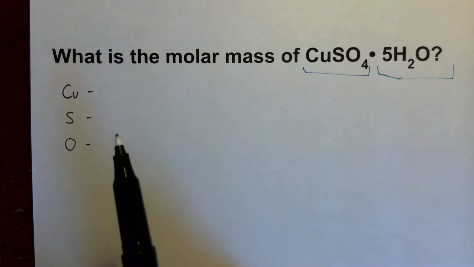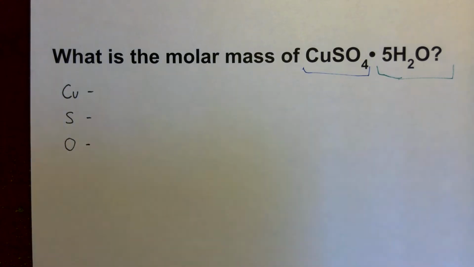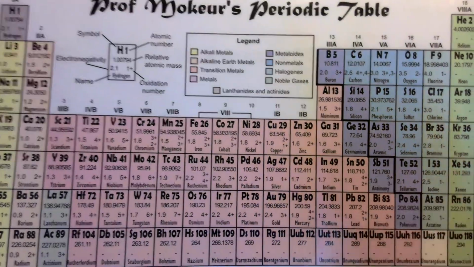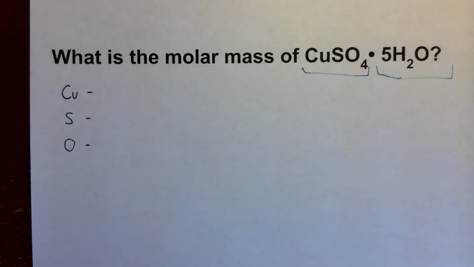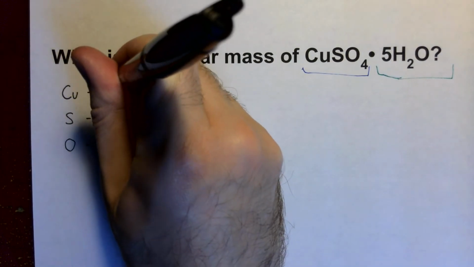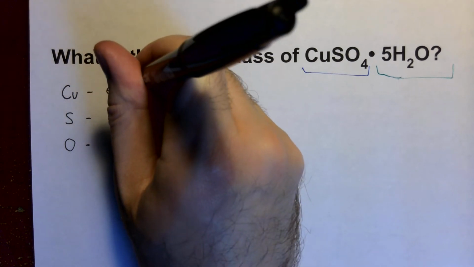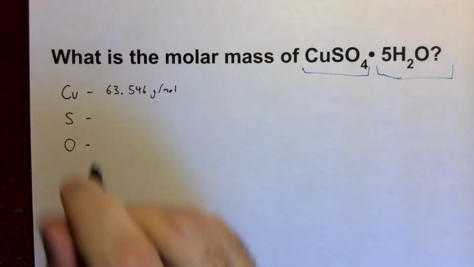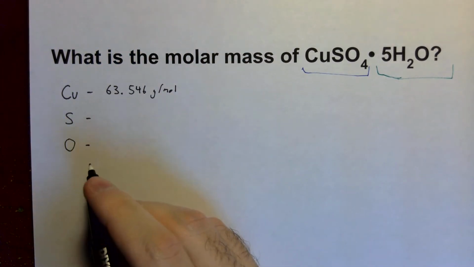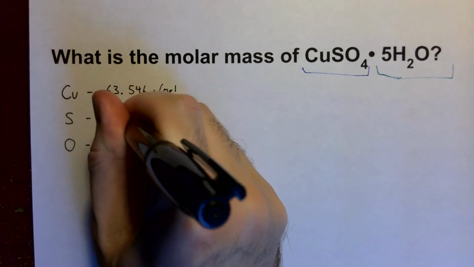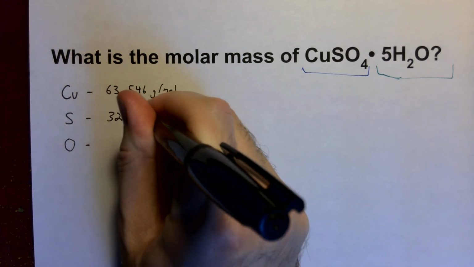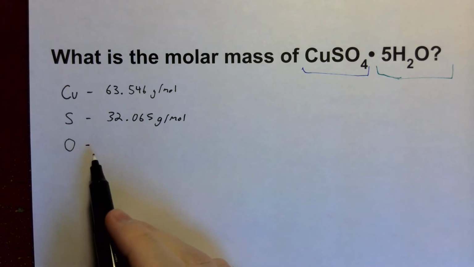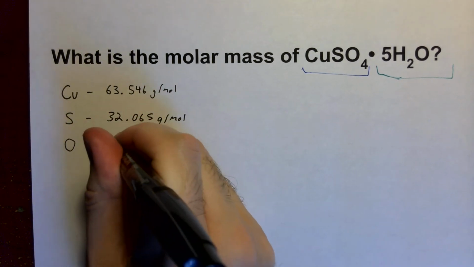So copper, sulfur, and oxygen, we can look right to our periodic table. We know the molar mass of copper, 63.546 grams per mole. We have a sulfur. When we look to sulfur, we will see that that one has a molar mass of 32.065 grams per mole. And then oxygen, we saw that in the previous example,